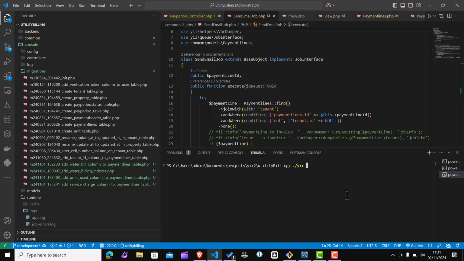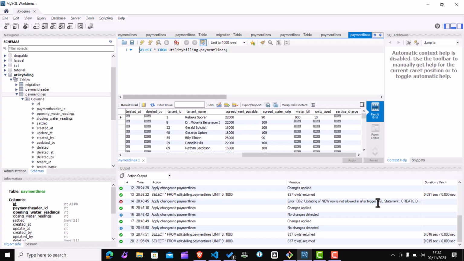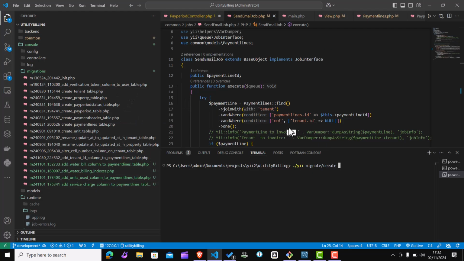So what I'll do, I'm using the Yii2 platform for this project. So I'll say yii migrate/create. It's a migration I'm creating. Instead of just going to the DB directly and adding that column, I'll do it via a migration, which is a best practice. So you migrate, and then I'll call it add